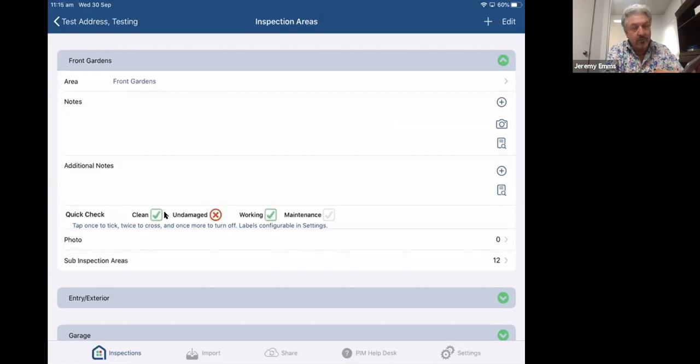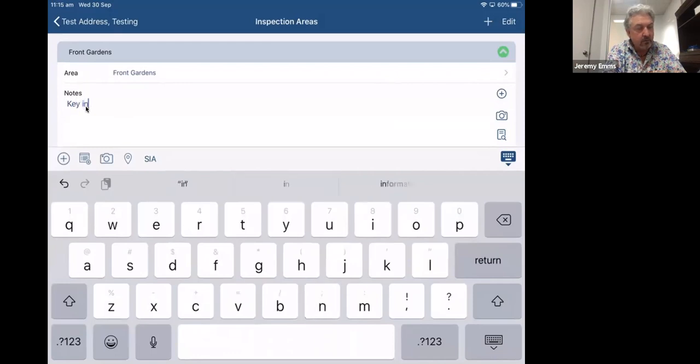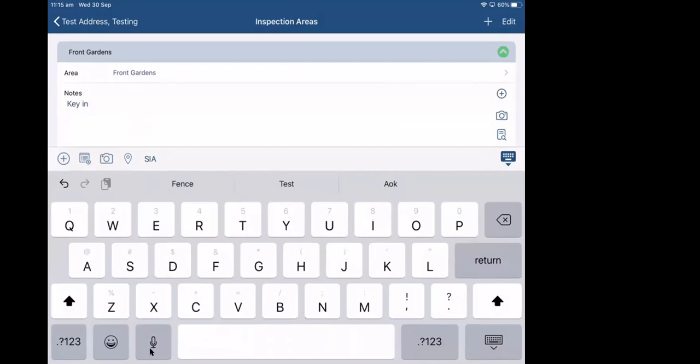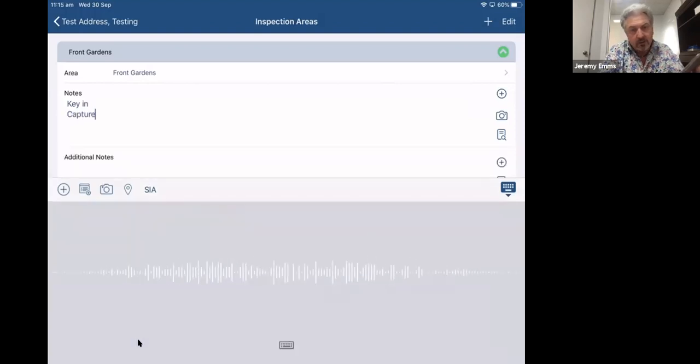and then you can capture some notes. So you'll see there are two areas for notes. The main notes section will go into your report, so I can add my notes, obviously by keying in. I can also, if I am connected to the internet, use the microphone on my keyboard. And also if you've got the more up-to-date iOS settings as well, otherwise it may not be there. But I can use the microphone to capture any comments on the state of the condition of the area.